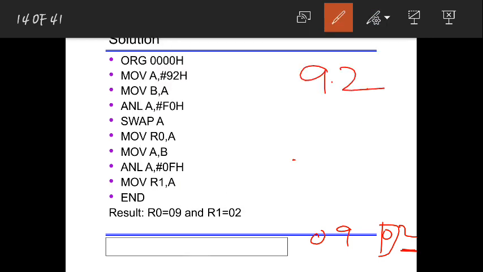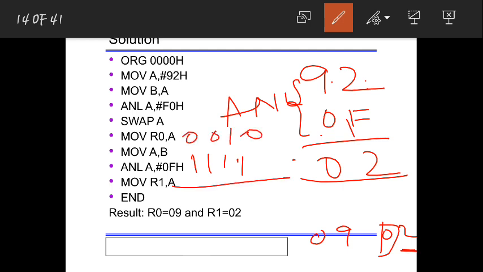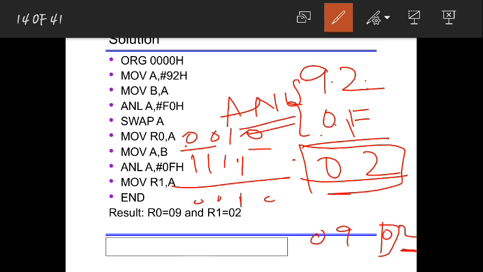See, here you have 9 2. First I am trying to extract 0 2 from this. To extract 2 from this, I'll just do AND operation for both. If I do AND operation for both, 0 into this 9, I'll get 0, and 2 into f, I'll get 2 itself, because f means if you convert it to binary, you'll get all 4 ones, and 2 means you'll have 0 0 1 0. So see, 0 into something will become 0, only here you'll get 1. That means you'll get the same thing. F into something is always something, 0 into something is always 0 if you apply this AND operation.